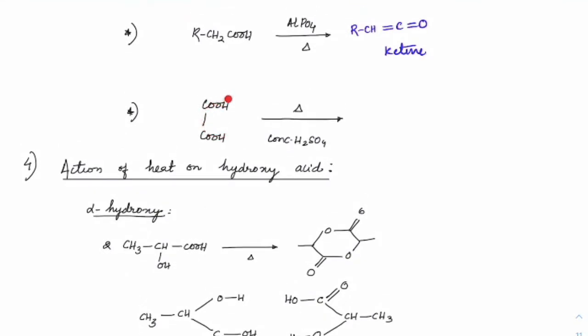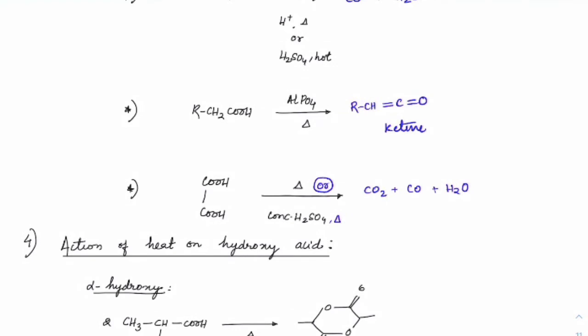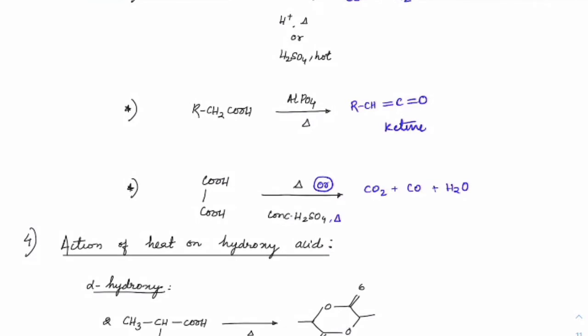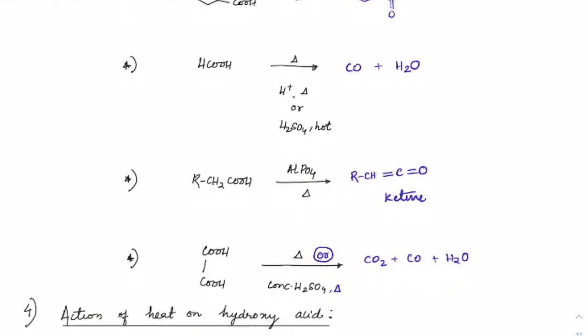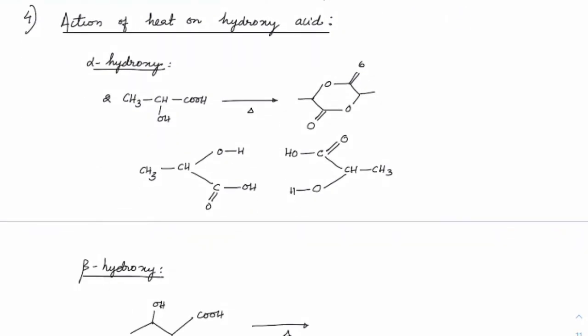In case of oxalic acid, either on heating or reacting with concentrated H2SO4 and heat, in both the cases, we will get carbon dioxide, carbon monoxide and H2O. So it will get dehydrated. No mechanisms needed for this. Just go through the dehydration steps. Just keep on removing that water. You will be able to understand. Got that, everyone? So that is about the dehydration step.